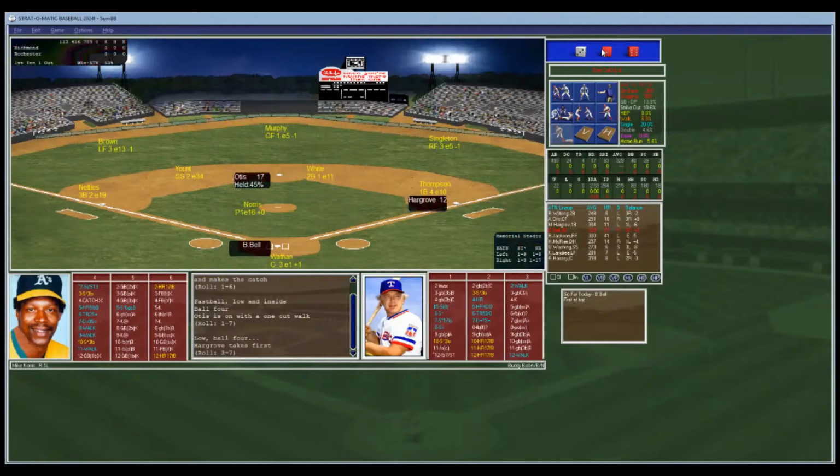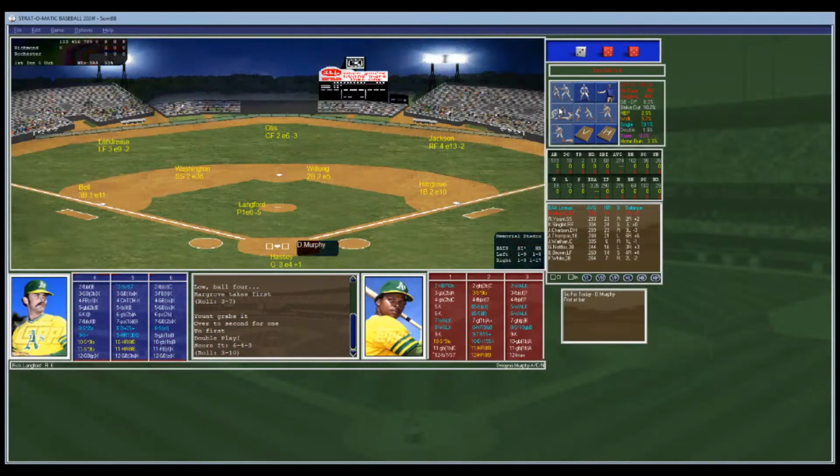Norris from the stretch. This is where he's got to be careful. Bell with a lot of power, ballpark power on his card. Norris from the stretch and the pitch. This will be a ground ball to short. Out to second. The first double play ends the first inning. It is Richmond nothing and Rochester nothing.